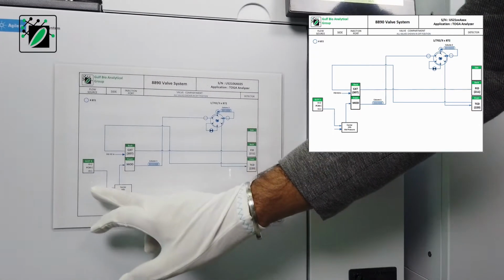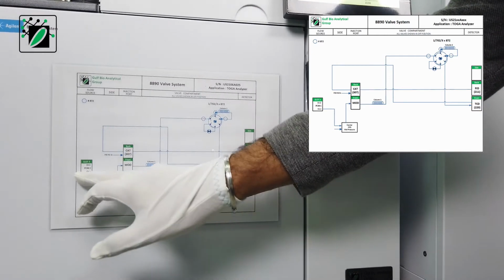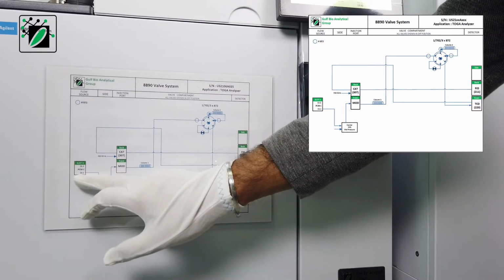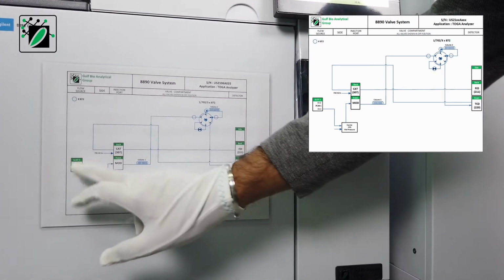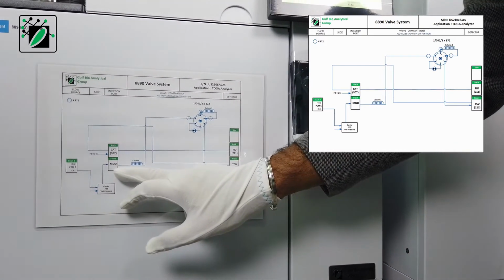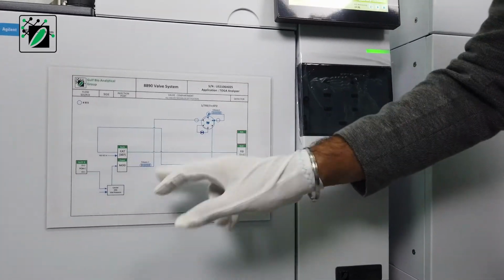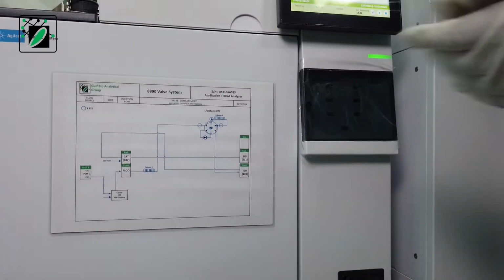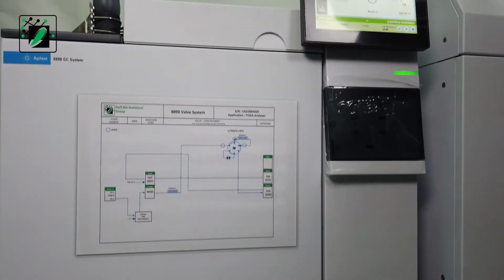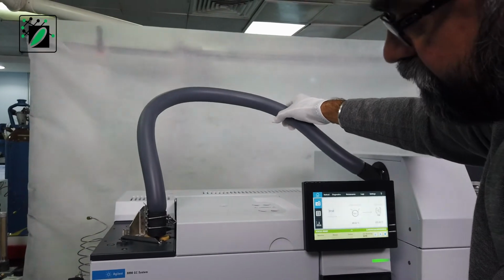The carrier gas is argon, which is coming from the EPC module or PCM module, a pneumatic control module, which is connected to the headspace and to the inlet of the GC. The inlet of the GC is a customized inlet where a fused silica directly connects the gas chromatograph to the headspace.